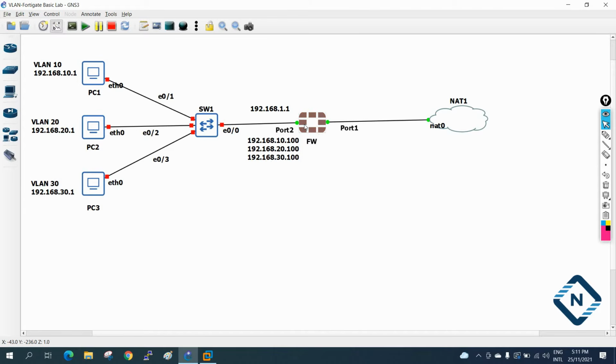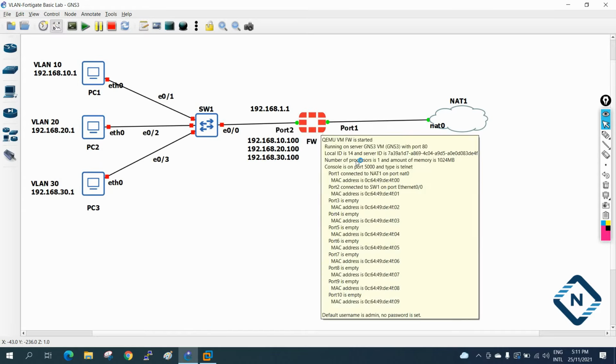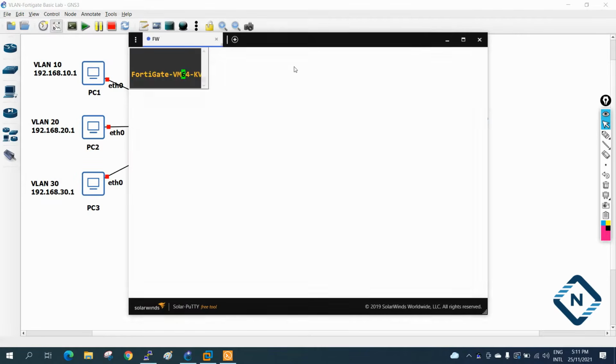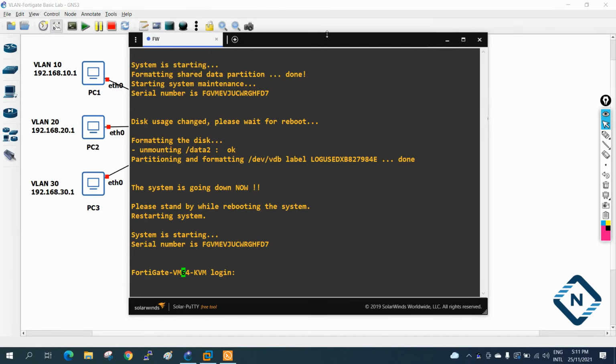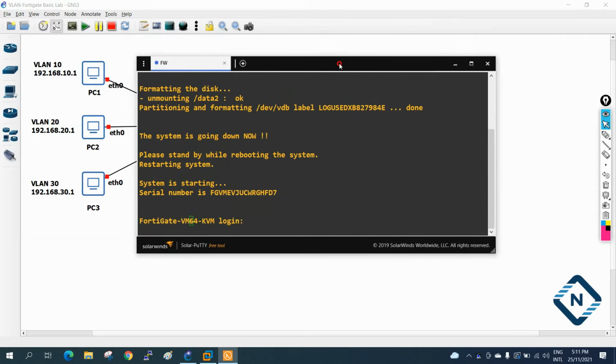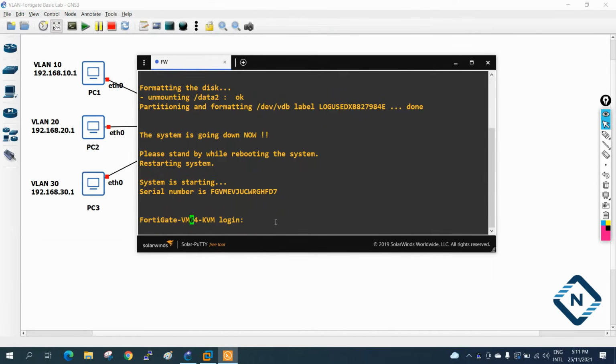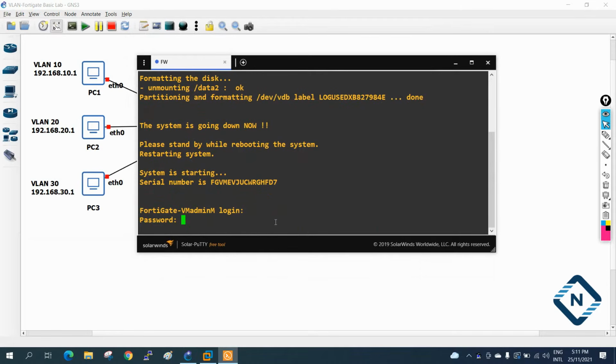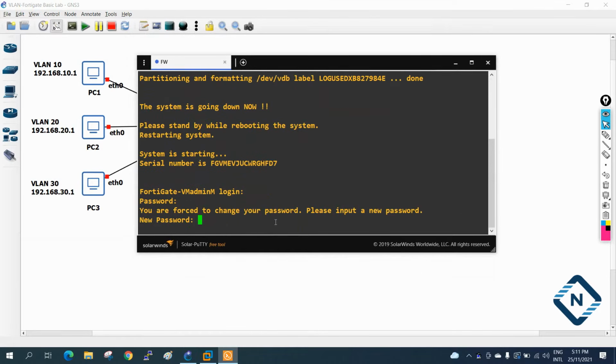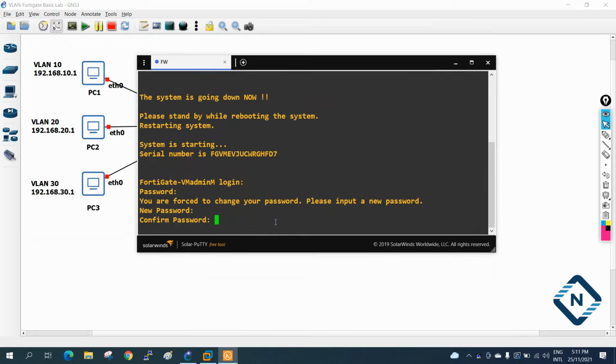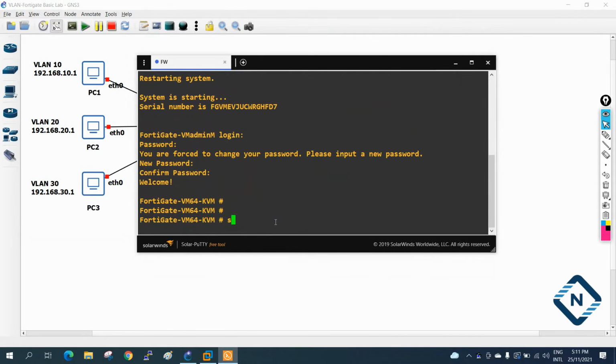So let me take the console of this firewall and set up, because by default HTTP is blocked here, so we need to enable. Okay, so I already started before, so this firewall is ready. First time we need to write admin and password is empty, and then give new password. I will give new password also admin. Okay, and now we can write show system interface and press enter.